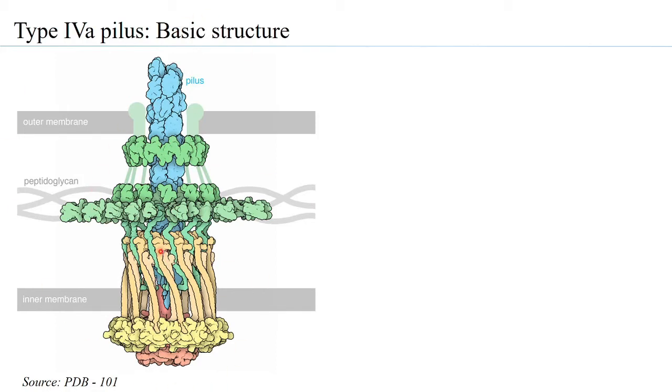What is also interesting is that at the base of the pilus, you will find a motor. This motor, shown in red, also has a switch. Again, this reminds one of a structure very similar to the flagella, which had an MS ring, that is, a motor and switch ring. Similarly, for the type 4a pilus, you have the motor and the switch ring present.